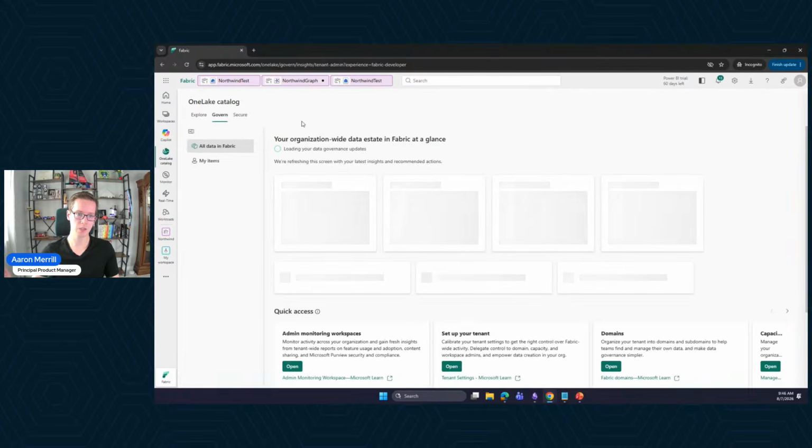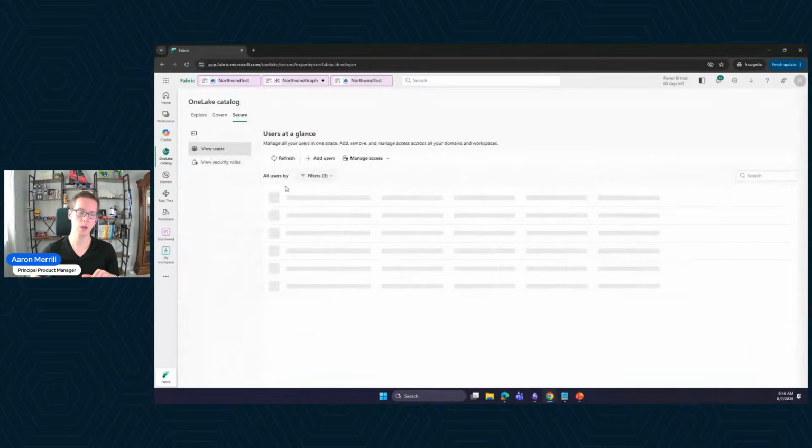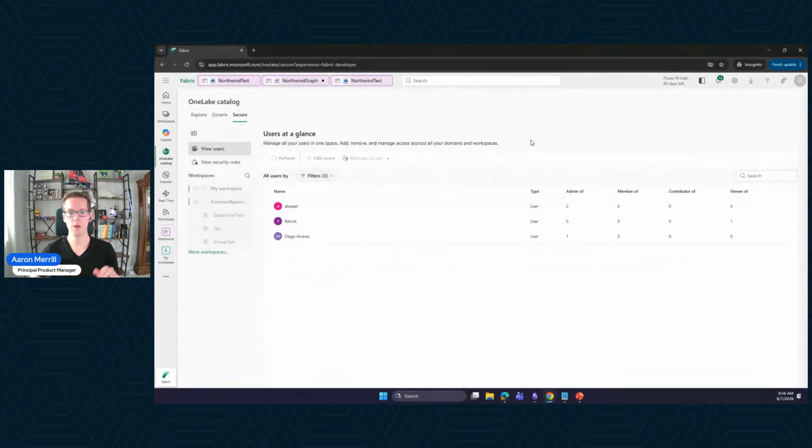The Govern tab here, I'm not going to go into in too much detail, but this is for more like governance: what type of security network settings, what type of Purview labels, sensitivity labels, governance policies do I have on those particular items. So that's what the Govern tab is for. I'm going to go over here to the Secure tab. The Secure tab is for managing your actual security to these individual items. So there's two views. There's View Users,